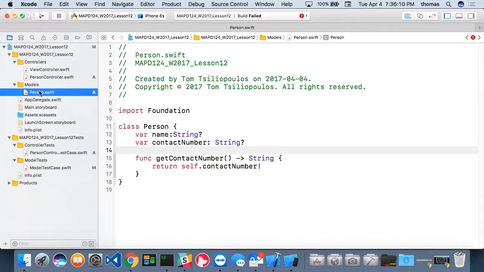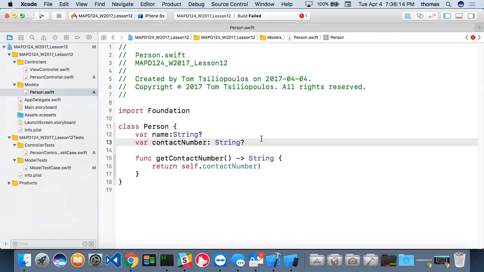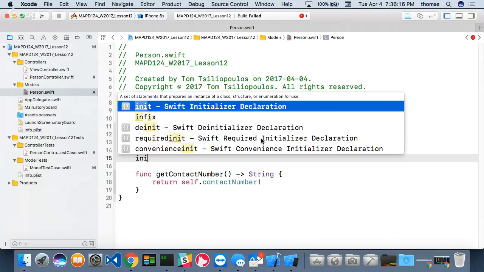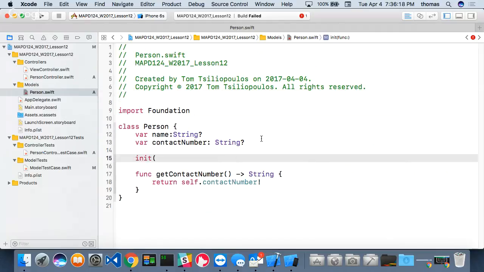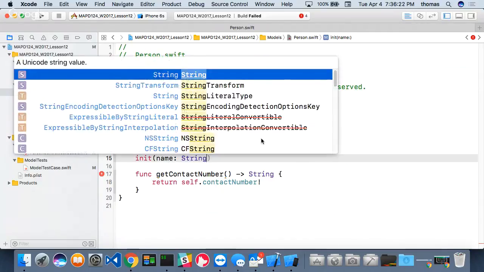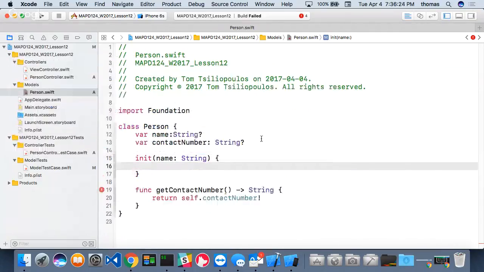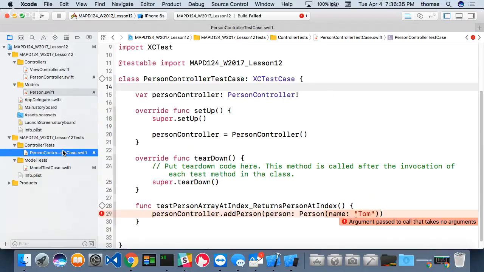So here's my model. I just have a getContactNumber. So I could create an init method. Here's my init. And what I want to do is ask for a name, which is a String. And of course, just like we do normally, we want to satisfy this requirement. Okay, so this is the first part. If I'm writing this like this, this is going to satisfy my requirement for my test. Yeah, cool. And if I run it now,